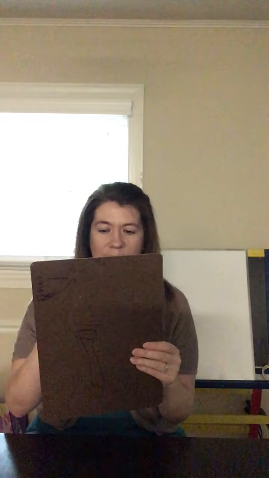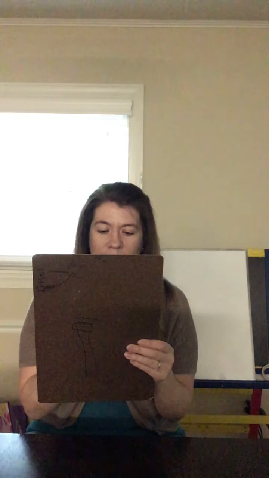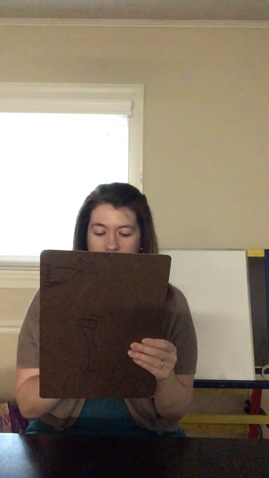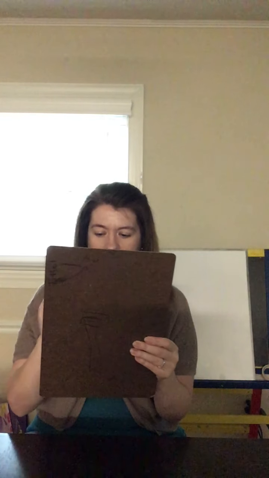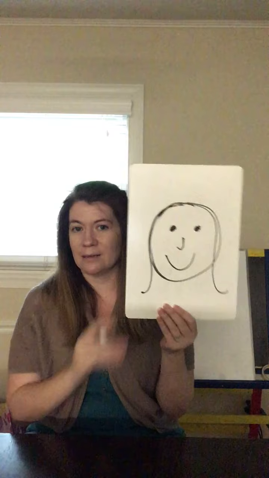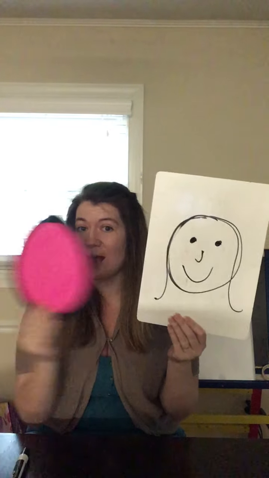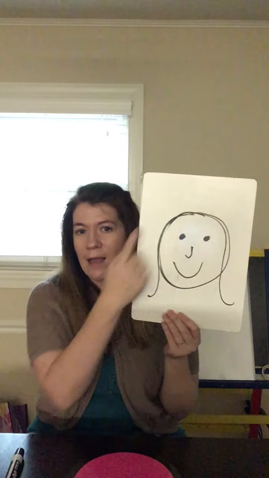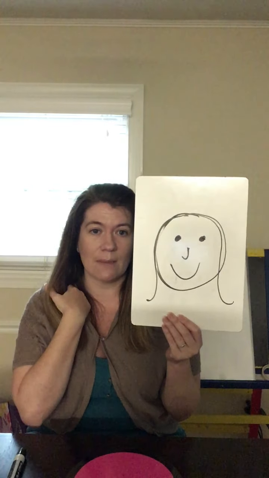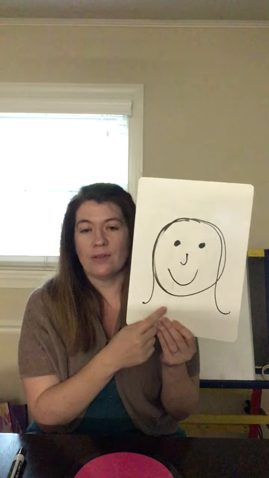So I'm going to start with my circle and then I'm going to add some stuff to it. And what did I make? I made a happy face. This is a happy face, but I started with just a circle and then I added some more things to it to make it into something else. So that's what I want you to do for your assignment, okay? You can use a circle, you can use the triangle, the square, or the rectangle, and draw your picture using one of the shapes,